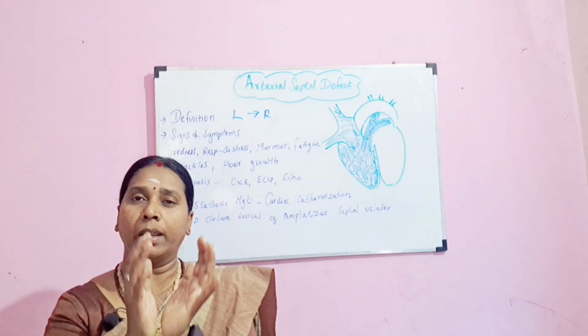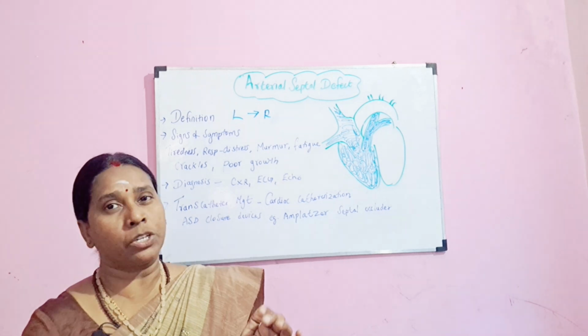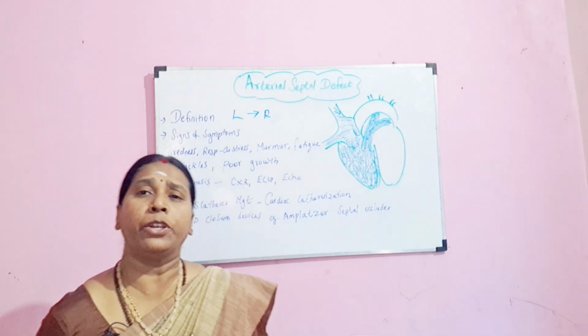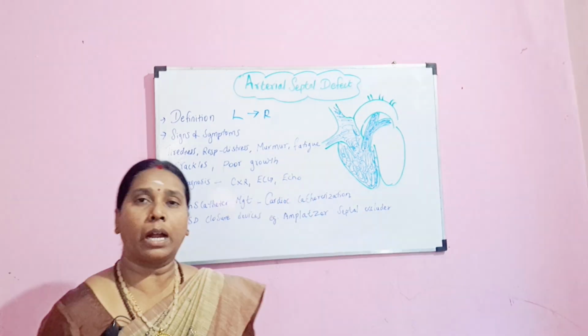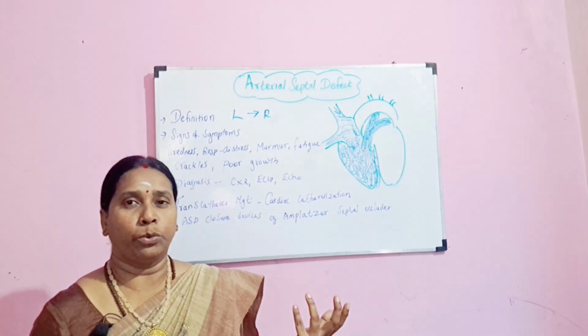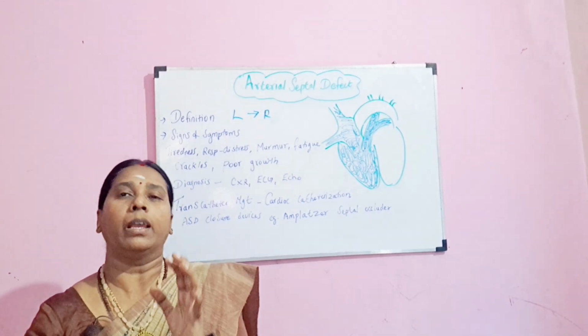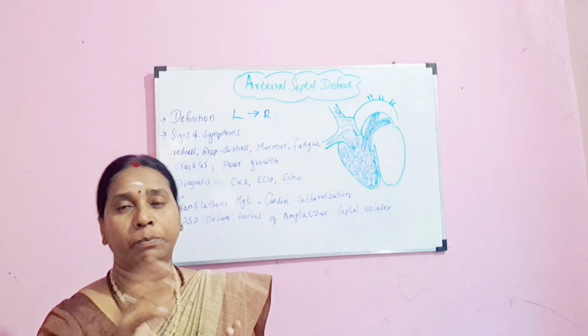So you can see there is a hypertrophied or enlarged right ventricle present, and when you are taking an ECG, there will be ECG changes. And when you are doing an echocardiogram, you are able to see this contamination of blood taking place, the oxygenated blood mixing with deoxygenated blood.